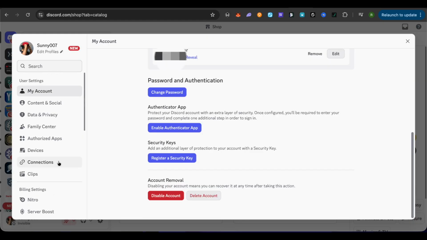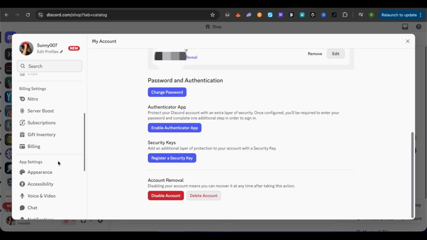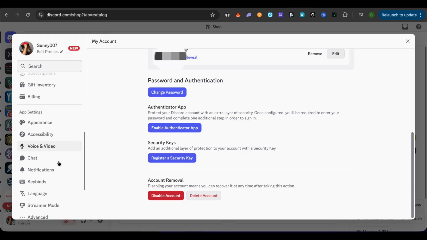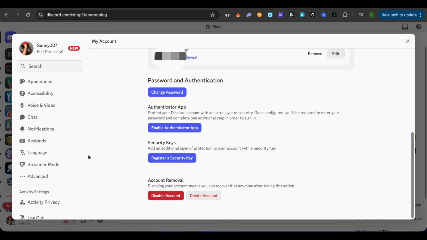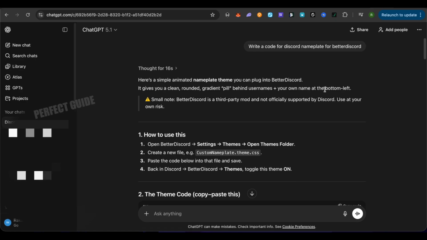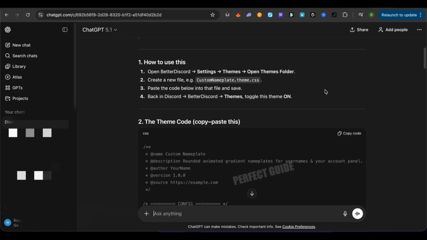Under settings, you would be able to find Better Discord section as well on the left hand side panel, and under the Better Discord section you would be able to find the option of custom CSS. Simply open it up and you would require a code. You can use ChatGPT to write code for you, like just simply give the info to ChatGPT and also give the info of the customization or the kind of nameplate that you want, and you would receive step-by-step information, like